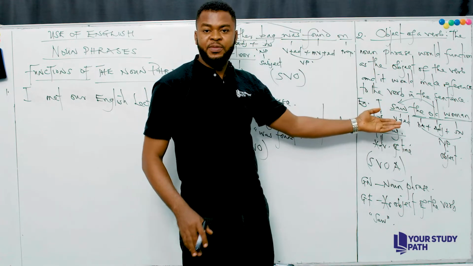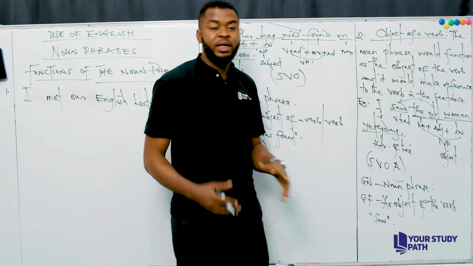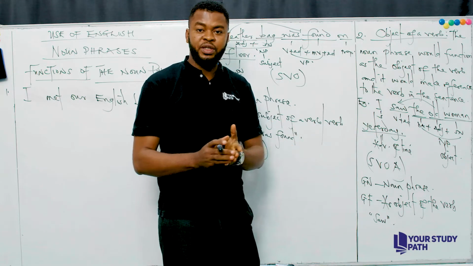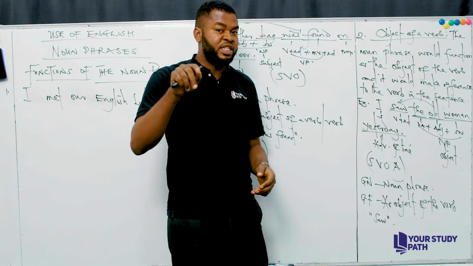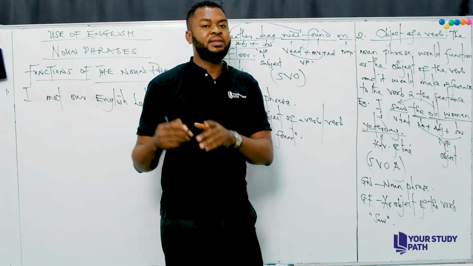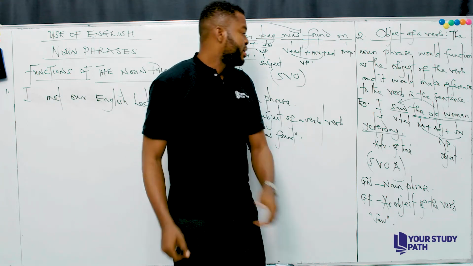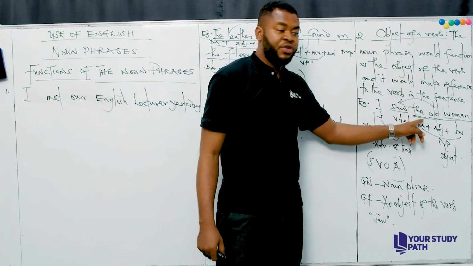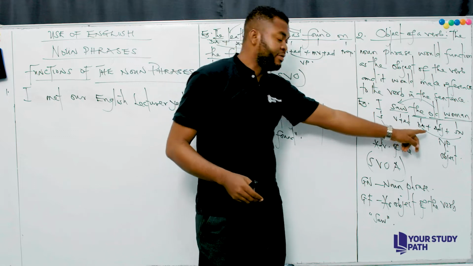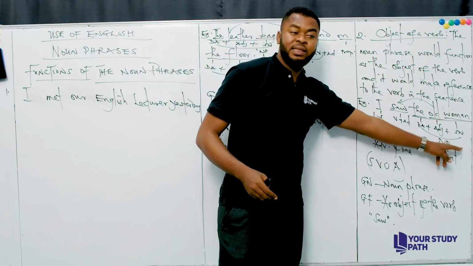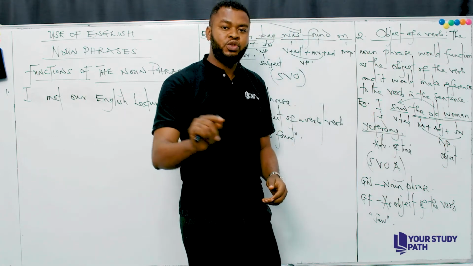I want you to look at this particular sentence. I saw the old woman yesterday. So I is the subject, then saw is the verb in the past tense form. That's why you have V plus ED, and the ED there means that it occurred in the past. Now, the is a definite article. Then old is an adjective, you can see. Then woman is a singular noun. So if I combine this structure together, which is